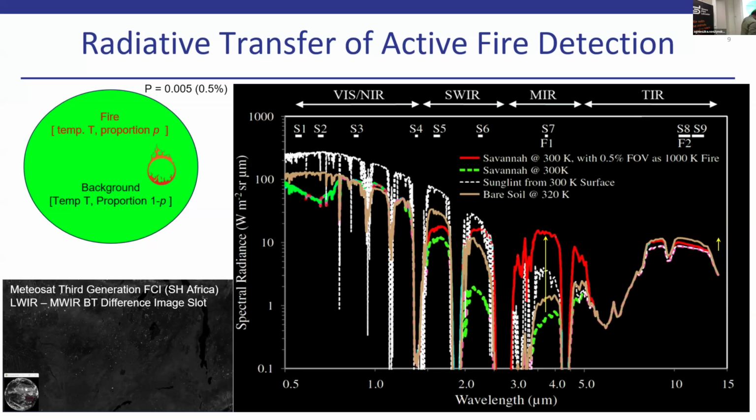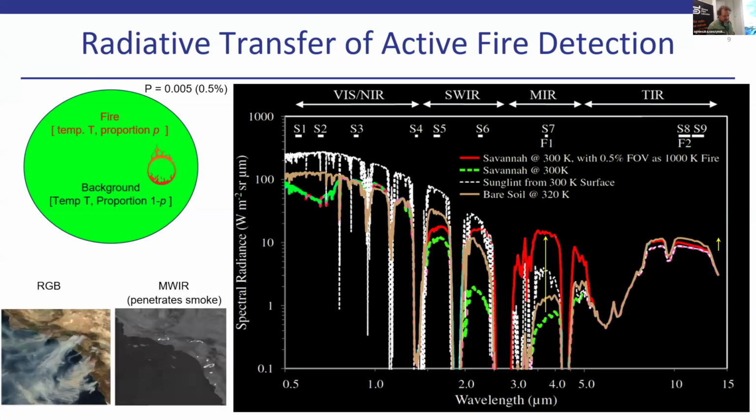All these little white dots are fires taken in one slot, and this is just a brightness temperature difference image between the middle infrared and long wave infrared. So if you take those two brightness temperatures one away from the other, you basically suppress all the brightness temperature variations that are the same in the two channels, which are due to things like topography and whether it's water or land. All that stuff gets minimized, and you maximize the brightness temperature differences due to things like fire. So that's why all the little white dots stand out.